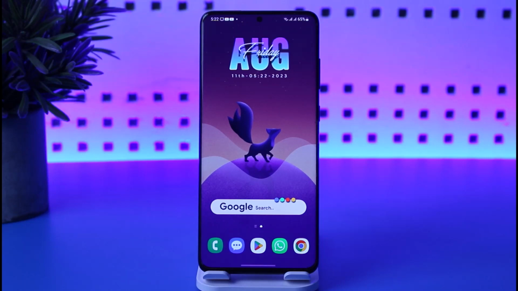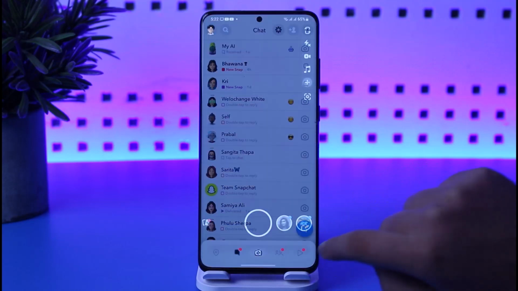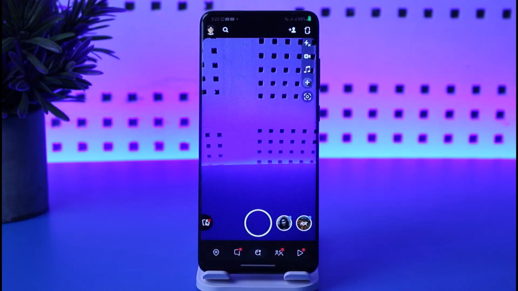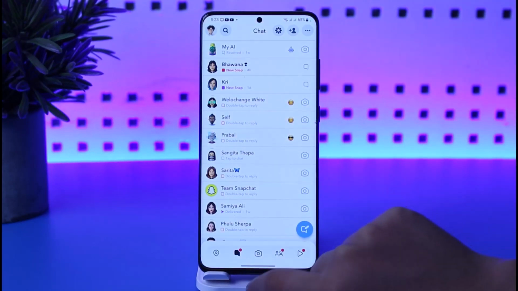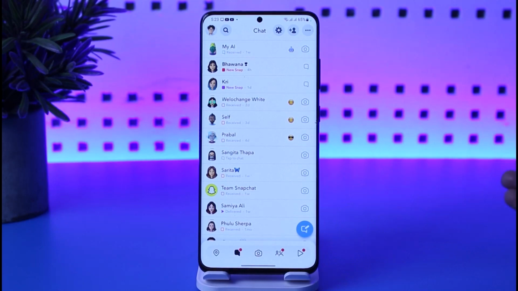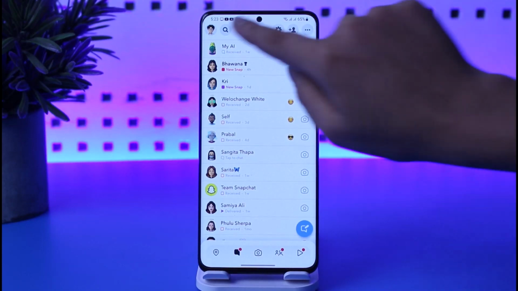Let's open our Snapchat app and see. We open our Snapchat app and we would like to get access to a particular person or a friend, but we're not getting access and we don't know if they have blocked us, unadded us, or removed us. So the very first thing you can do to verify that is go to your profile,